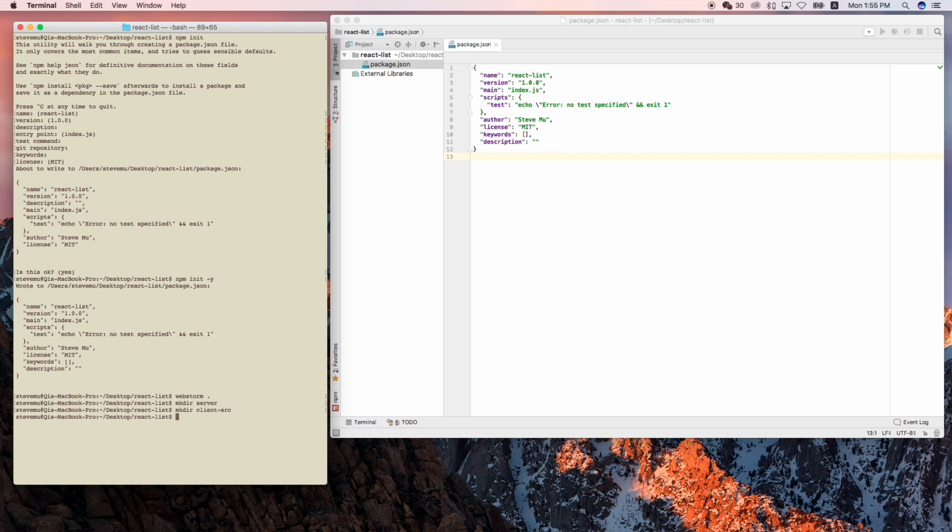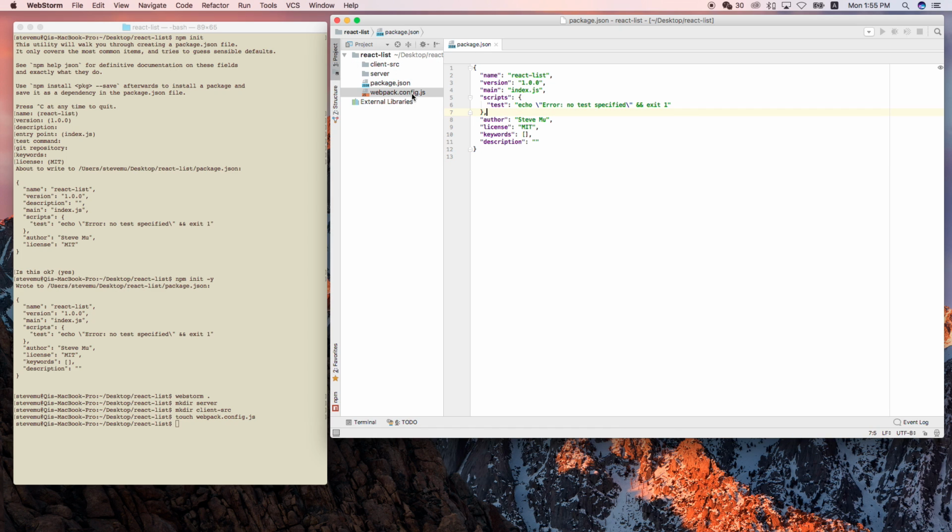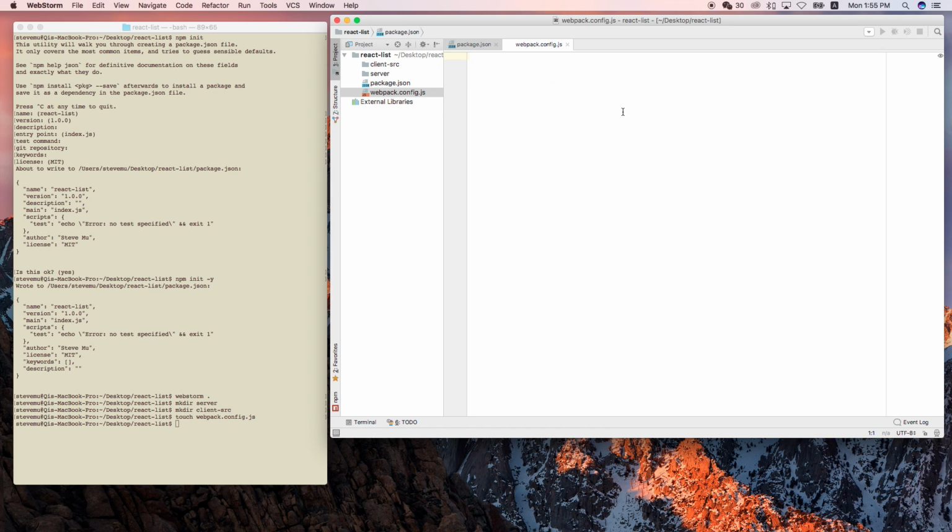The next, what should we do next? Let's do the webpack stuff. Yeah. Let's create a file called webpack.config.js. This is the webpack configuration file. In this file,